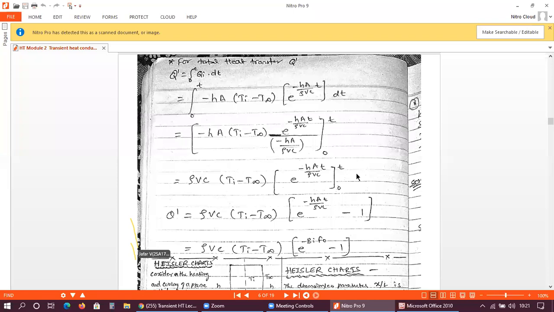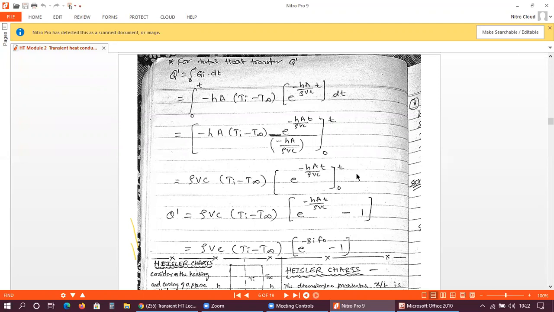What we are studying here, for example, I want to give an example. Consider there is a steel ball, 5 centimeter in diameter. You are heating it to 300 degrees Celsius in an oven. When 300 degrees Celsius is attained, you immediately take it off the furnace and directly dip it into a water bath. The question will be something like this: after 10 seconds, what is the temperature of the ball?